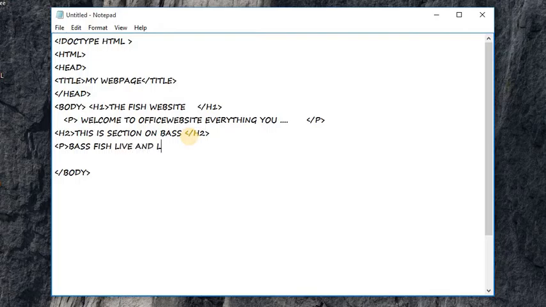And so now let's go ahead and render this and see how these headers and paragraphs are displayed in our first web page. So you want to go ahead and hit Save As, and we're going to call this Test. I'm going to save this on the desktop. Make sure you put test.html, and then we'll go ahead and minimize this. And now all you have to do is go ahead and double-click our HTML file, and there you see we have our first web page. And you can